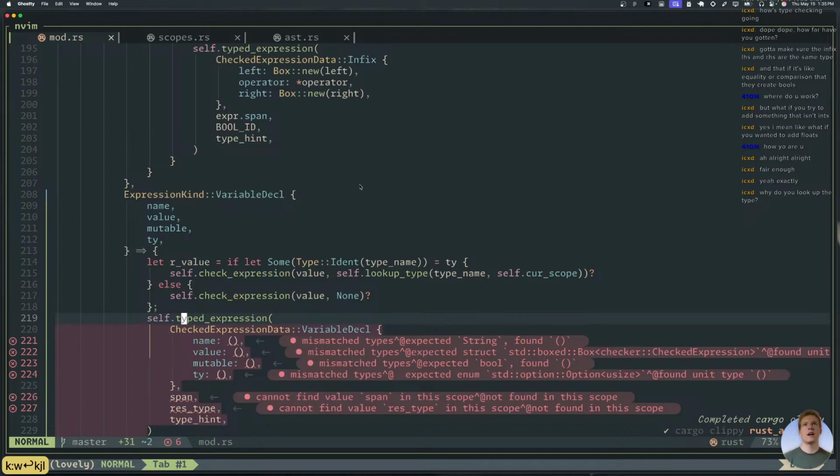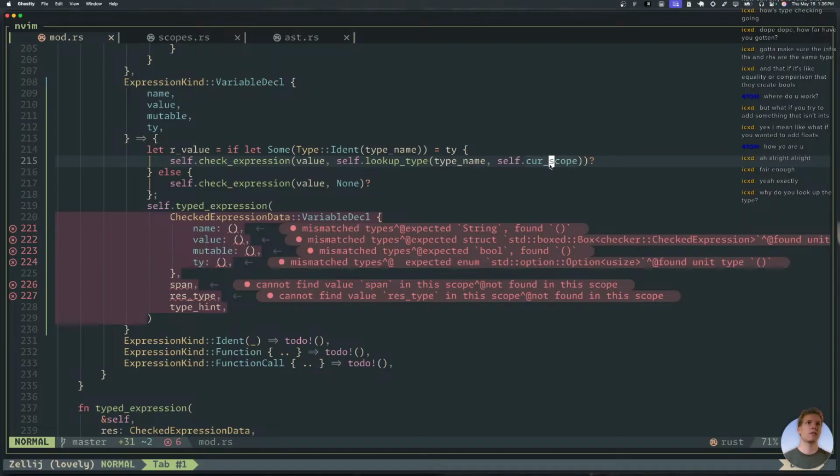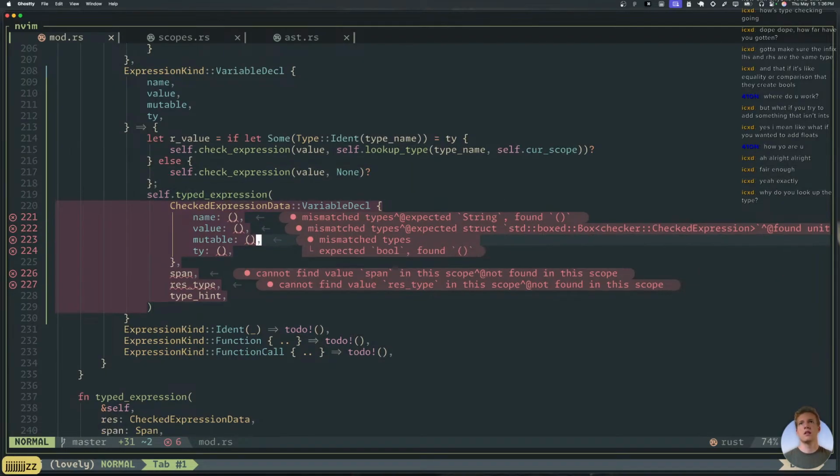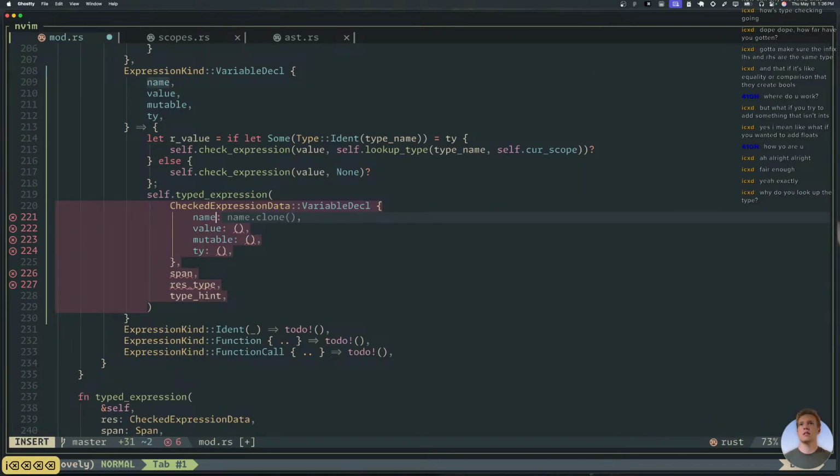Why do I look up the type? Because from my AST, the only thing I get about the type is literally a string. It's the name of the type, just some identifier. And so I need to look that type up, depending on the scope, right? Because it could be some named type. Not yet, but it could be in the future. So that's why I look it up, and I pass the scope. So it walks up the tree and the scope trying to find the type. So I can get a type ID from it. It basically just turns a type identifier string into a type ID, that's what lookup type does. Variable decl, the name is just the name.